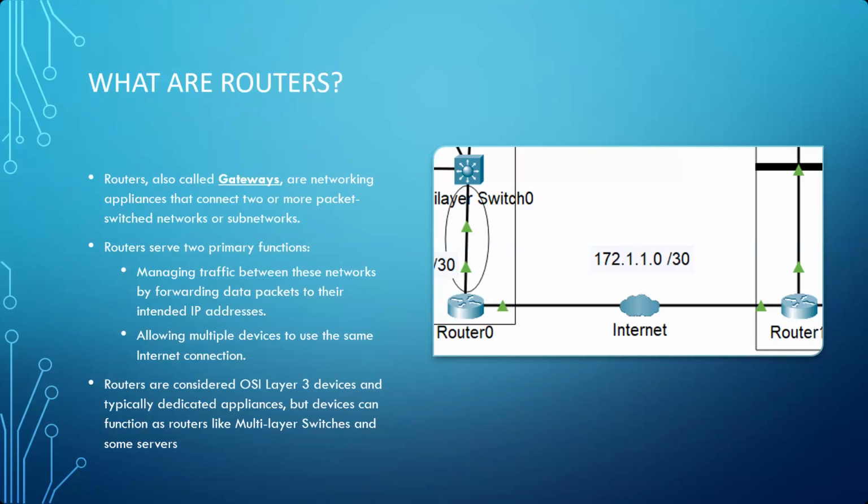Like, for instance, in your home, you may have a wireless laptop, smart TV, smartphone, tablet, and the list goes on and on and on. So how is it that I only need one router, one single solitary router, to connect to the internet? I don't need a router for each one of these devices? No. So routers have a very special function or feature known as network address translation, where on the inner side